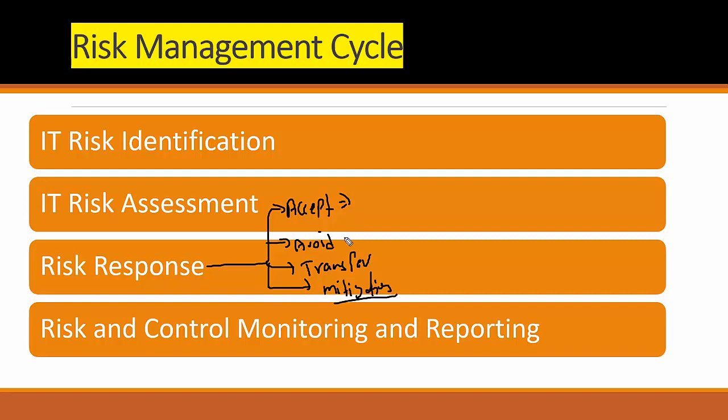Second is basically avoid. Avoid means we avoid a source which brings risk to the organization. Okay, example like not traveling to the country where COVID cases are high. I'm not taking a risk. I'm not getting a business, and taking the risk of going to that country is also high risk for my people. So it's better to avoid that business which brings risk to the organization. So that is called avoidance of the risk.